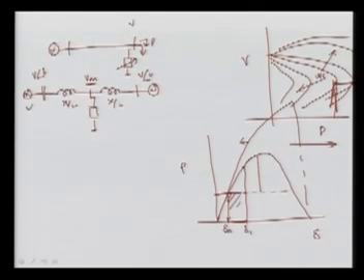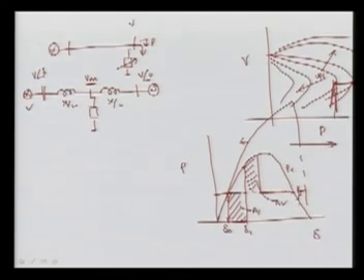So the area here is called the accelerating area A1. This area is called the decelerating area A2. It will go up to the point where this area is equal to that, and then we have this margin up to this value, meaning the machine can decelerate up to this point. Otherwise it will start accelerating again, because P mechanical will be more and the machine will accelerate more. This P-delta curve which I am drawing is the P electrical, the electrical power we are drawing. So this is basically the margin we have.